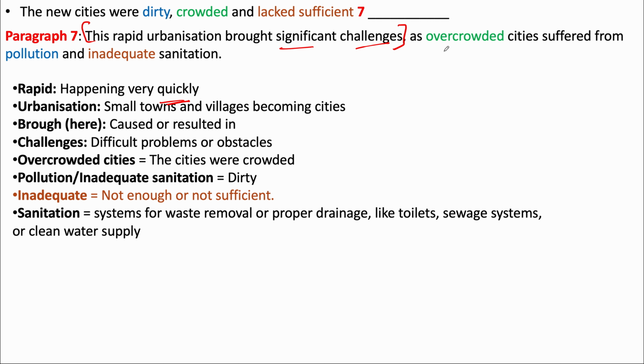The cities were overcrowded, there was pollution, and inadequate or not enough sanitation. Dirty from the question can refer to pollution, crowded is overcrowded, lacked sufficient means insufficient or inadequate sanitation. The answer to the seventh question is